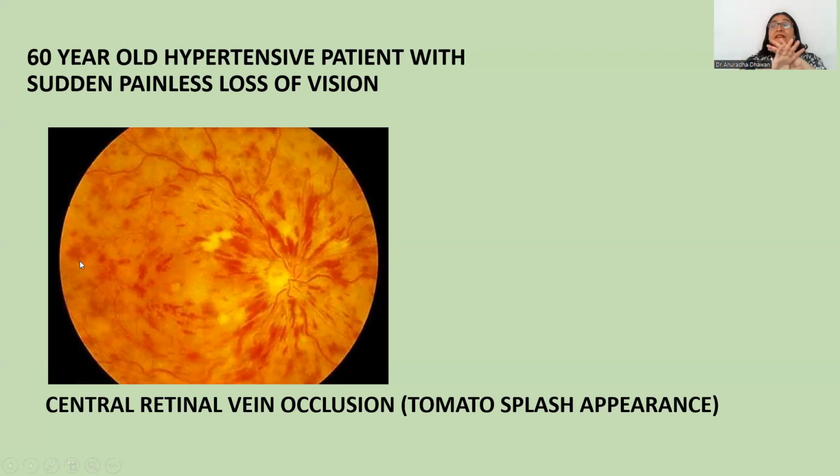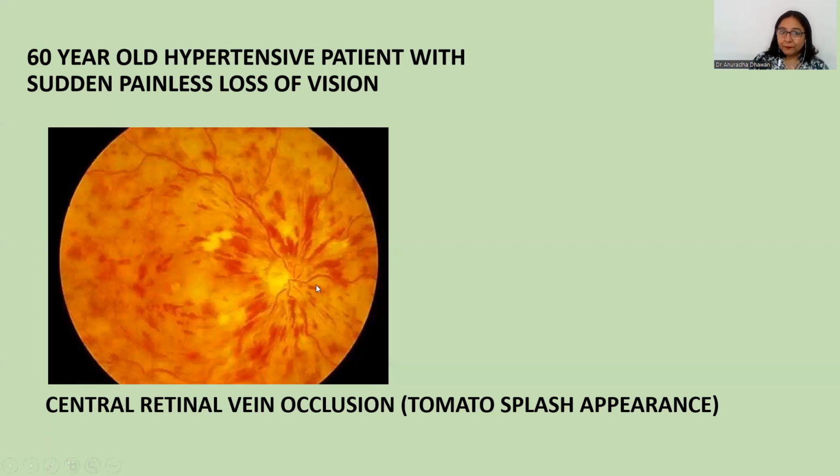The whole of the retina is splattered with retinal hemorrhages, as if you splash a tomato on a surface. The whole of the retina is giving a tomato splash appearance. This appearance is also called the blood and thunder appearance. So when we see the whole retinal surface covered with multiple retinal hemorrhages, and if you notice carefully, even